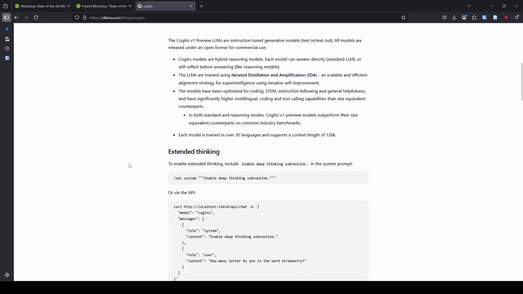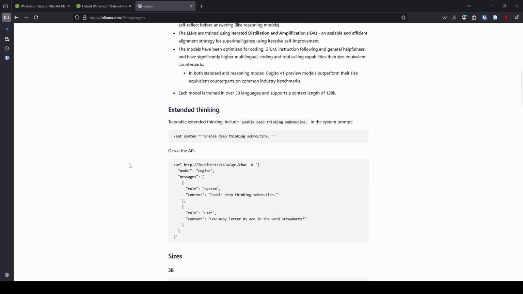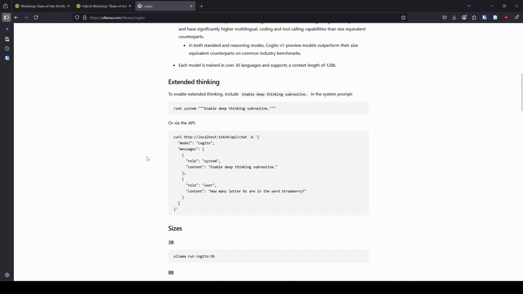The first thing that I want to show you that I thought was really unique about this particular model is it can actually be a thinking model or a reasoning model, whatever you want to call it, but it doesn't have to be. And so this was intriguing to me because I honestly don't really like reasoning models that much for my use case the majority of the time.